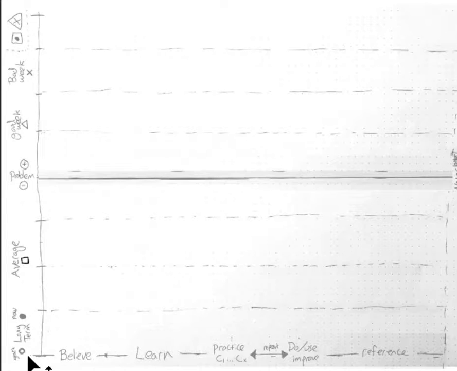So we have on the x-axis a week in your DBT group that you're currently in or you were in, and we have different phases of things during each week. So we have believe here. How often did you believe the skill would work? So we have none or all the time you believed it. And then learning. How often did you understand the skill? So you never understood it or you always understood it.